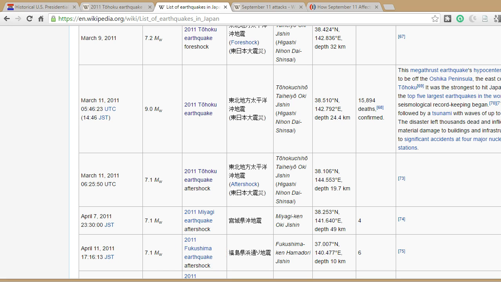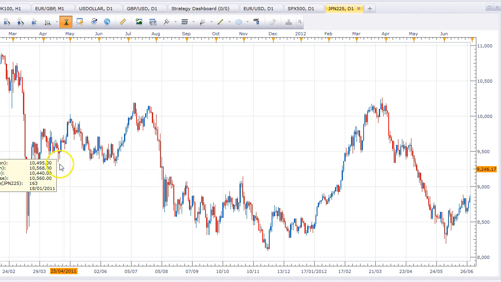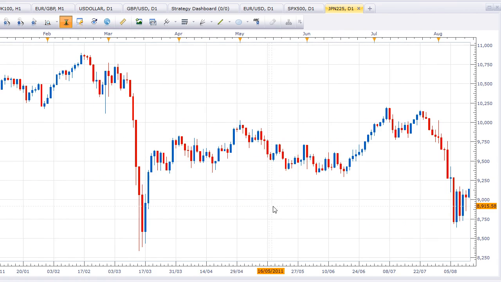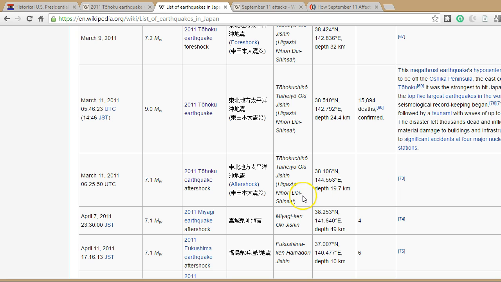So 11th of April, here we go. So 11th of April would be about there. So let's go back and see the 11th of April. That's 11th of April there. Okay, not much happened there. So the big shock had been spent, if you like. So the shock factor had been absorbed by the markets by this point. And if we went further down,